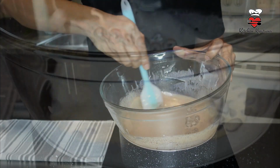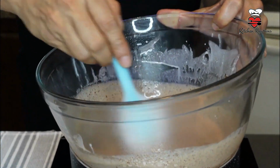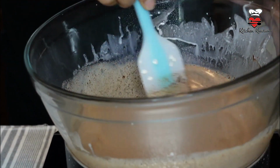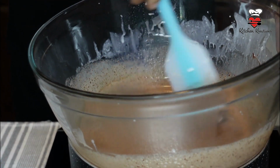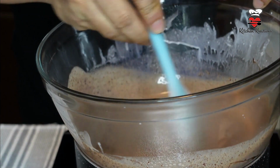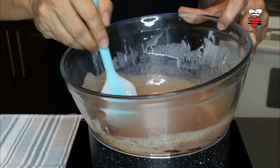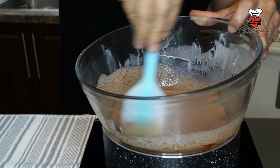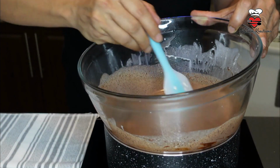The chocolate is starting to melt. You're going to keep going until, do not do this on a high flame because everything will just curdle. Keep going. This is something that's going to take the most time in this recipe, but please don't rush it. Take your time and keep